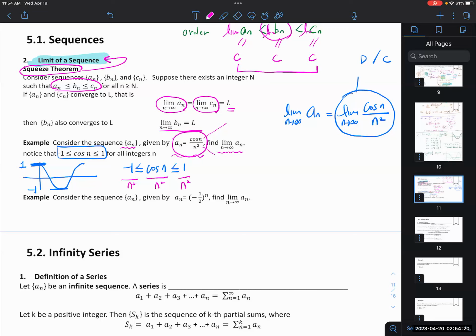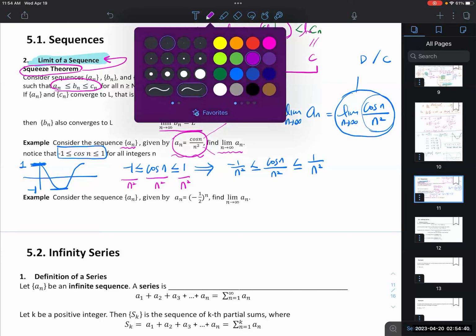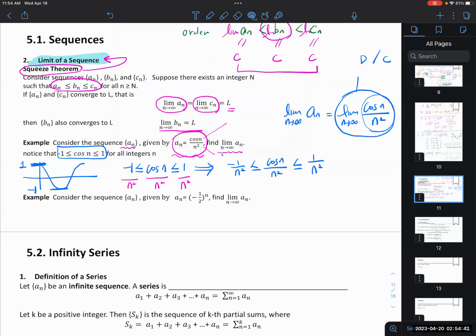So let's see what happened. It is going to be -1 over n squared, cosine n over n squared, 1 over n squared. I'm trying to find the same format. Now you're going to take the limit of each. So I'm going to minimize it a little bit. What happened if you take the limit